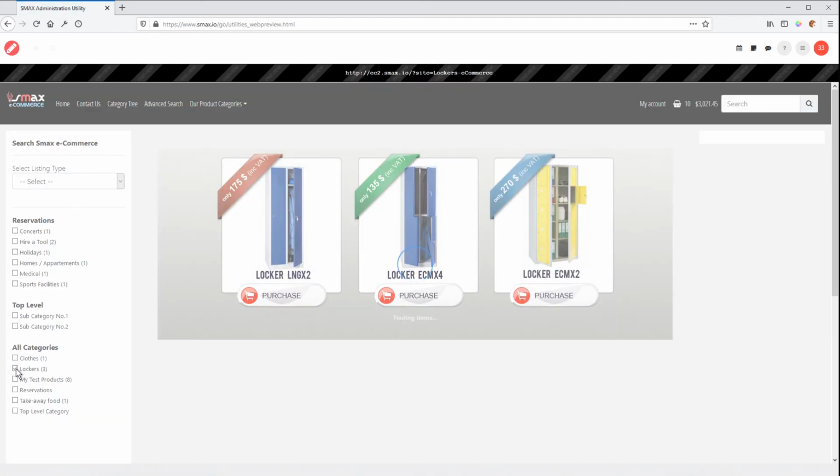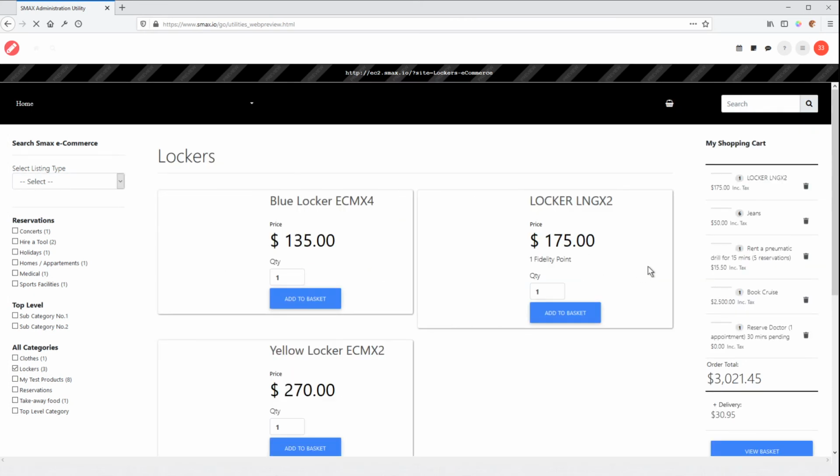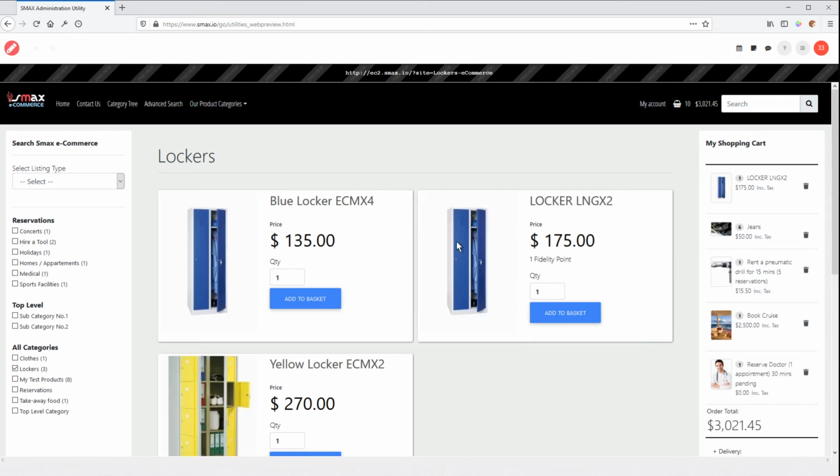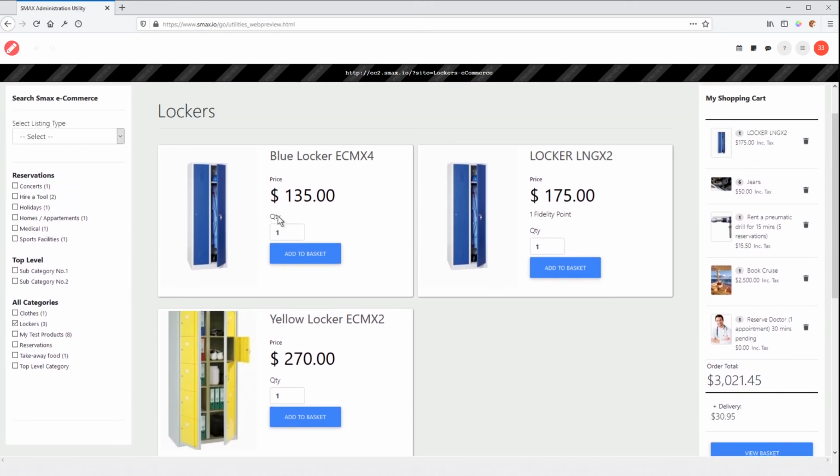Go back to our lockers again. And there we got our lovely shadow on here. So this is really nice because it allows you to edit the container without needing HTML knowledge, or you've got your control. Now we can change this text in here. So let's do that. This is our last